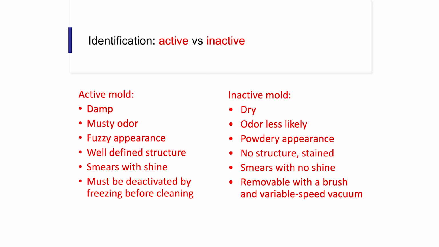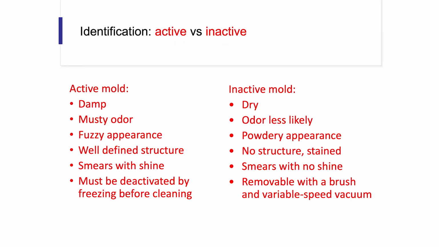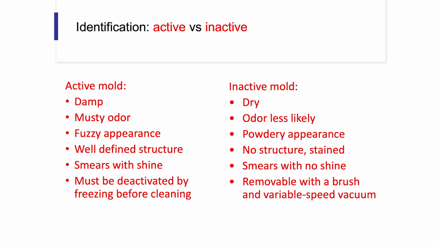There are a variety of characteristics that help us identify mold on archival materials. The mold that we find on archival materials might be active or inactive. That is to say, the mold we find on library and archive materials might be actively reproducing and growing, or it might be in an inactive phase waiting for appropriate conditions to bloom. Let's take a look at the list of characteristics for active and inactive molds.